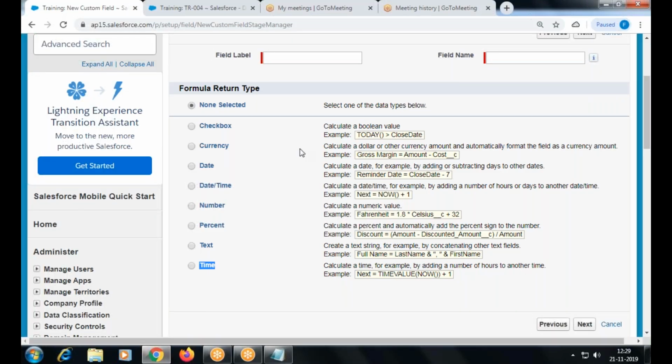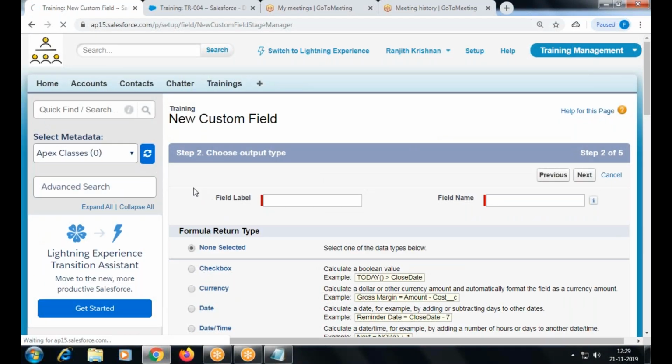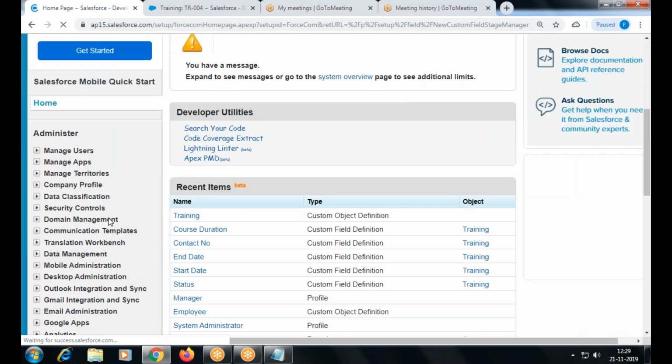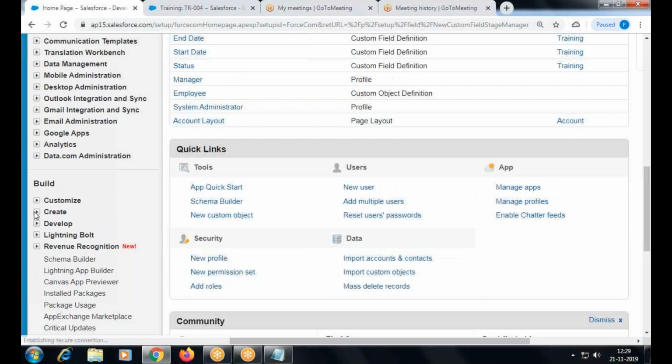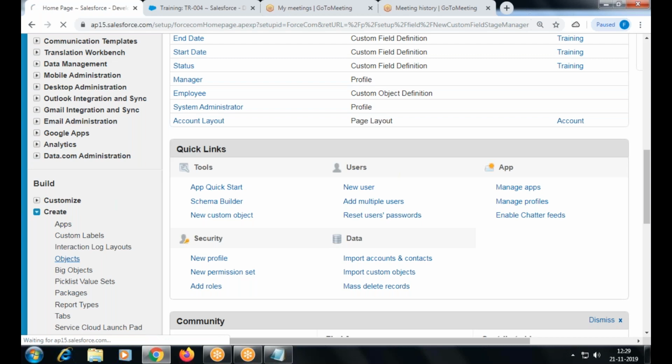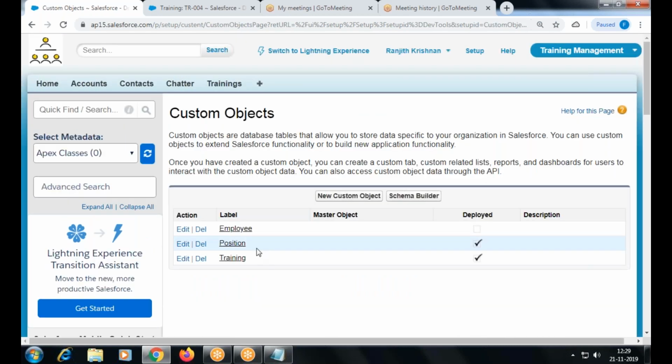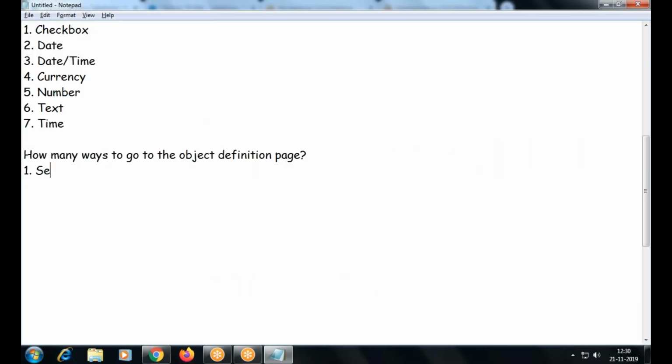So how to go there? Usually, Setup, Create, Objects. Okay, so this is one option. The other option,